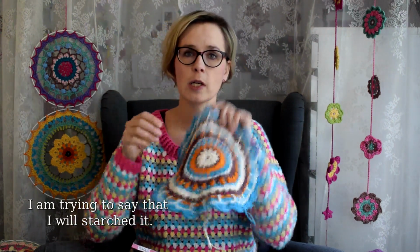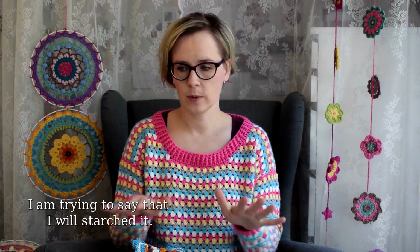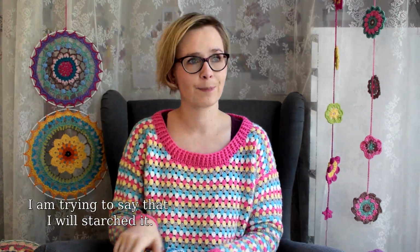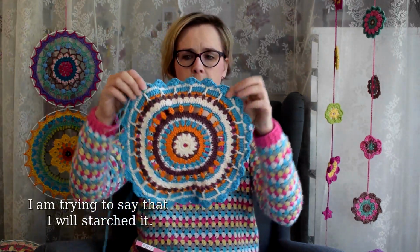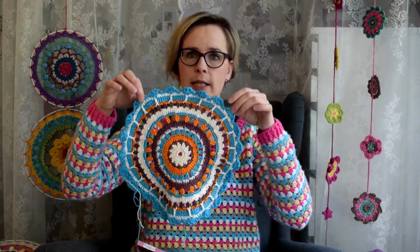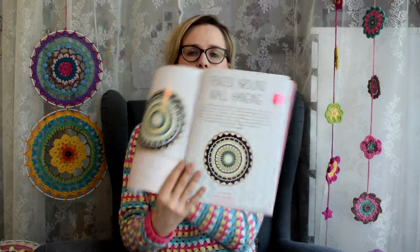maybe I will soak this in a glue and water mixture, and you know, I don't know how to say it in English. You make it hard with this glue and water mixture so that it stays in shape and I can hang it from the ceiling or against a wall. I don't know yet, but I just love Emily's patterns. Her patterns are so clear and I love her style. So this is the fenced around wall hanging,